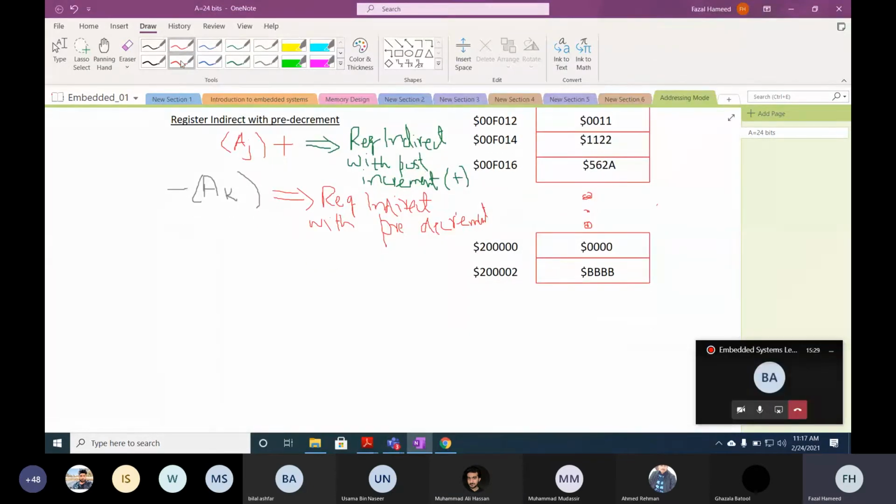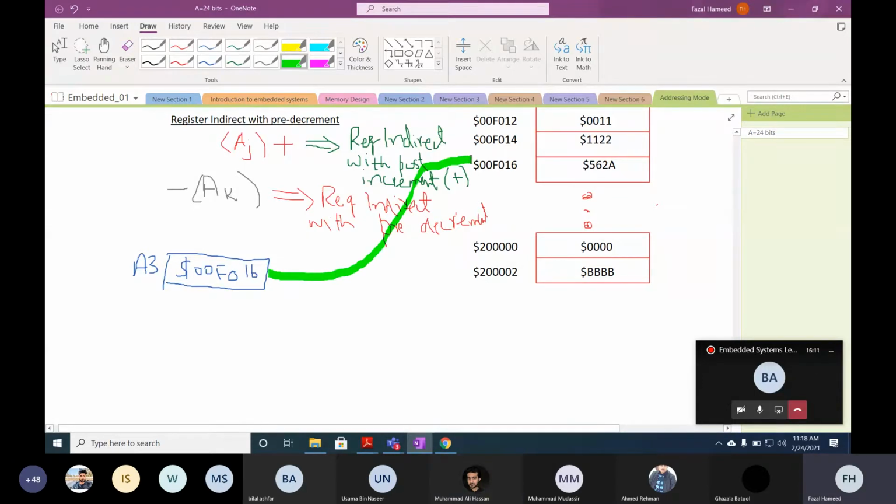Let's assume a scenario where we have an address register A3, and the contents of this A3 is $0000 00F016. So to which location is it pointing? It is pointing to a location in memory, and it is this location.